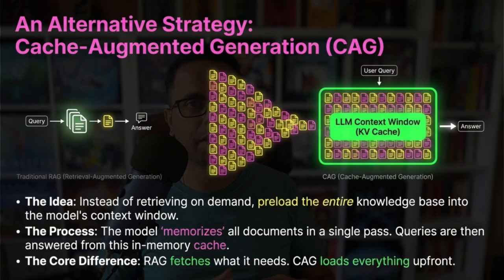Now 2-3 years back, context windows used to be very small. I think for the first time when GPT was released, it was 4096 tokens, and again the tokens are around 1000 words equal to 750 tokens, or the reverse of that. Today we have models which have context windows of 1 million and 2 million, right? That gives us the feasibility to try an alternate strategy, which is Cache Augmented Generation, or CAG.